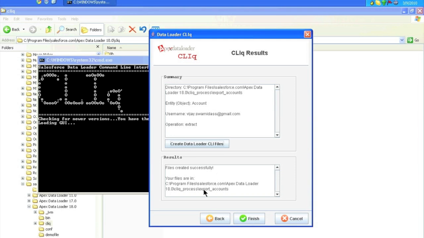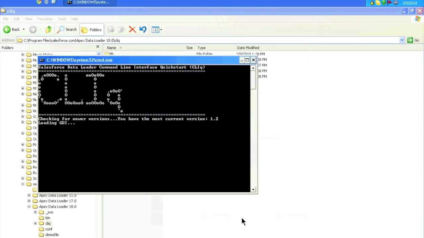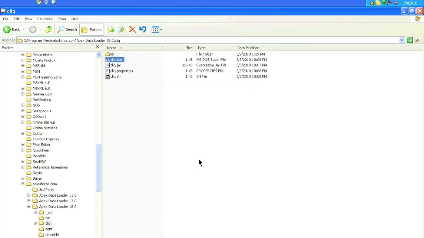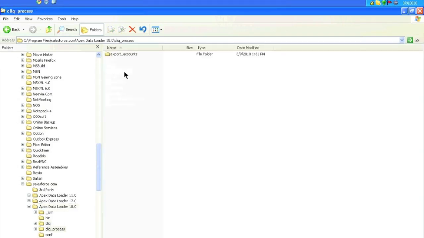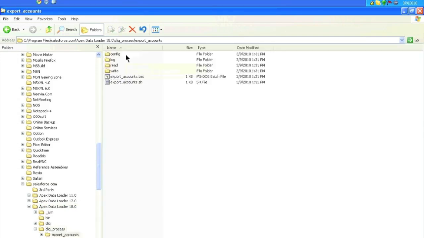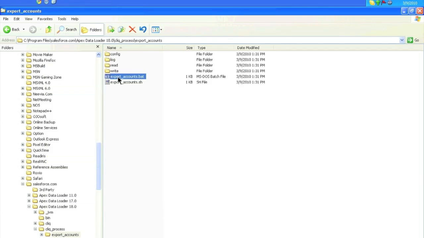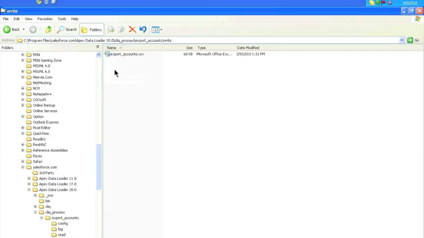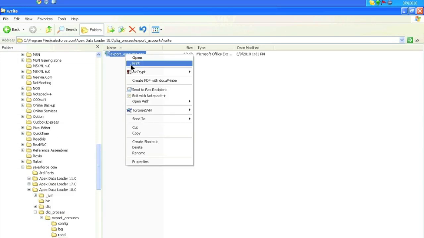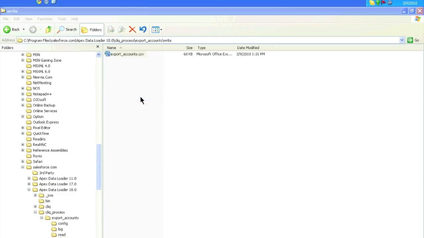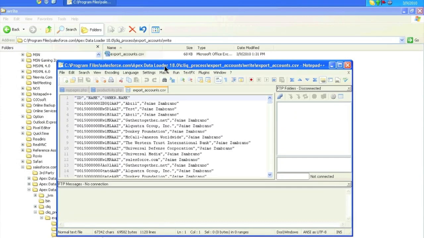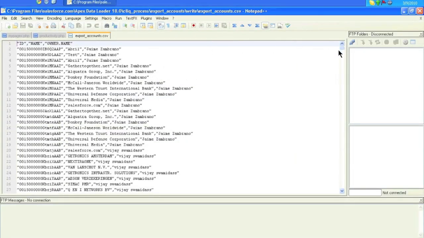Everything was successful, and now let's take a look at that directory to see what files have been created. We go to a directory called cliq_process, and that's the process name we entered. And we have a batch file there that is ready to run. And that's going to run our export process that we created. So let's take a look at the data. You can see there's a CSV file under the right directory. And now we can see all of the data that came in as a result of that SQL query